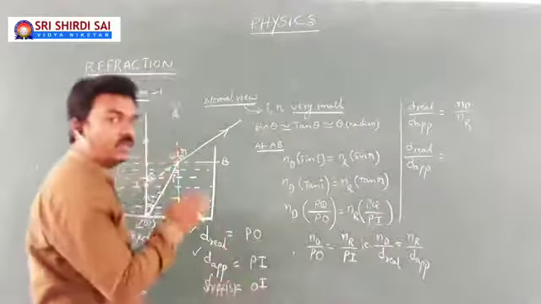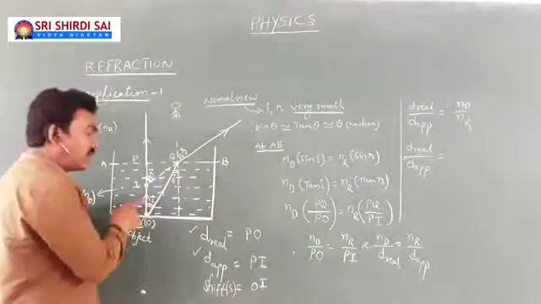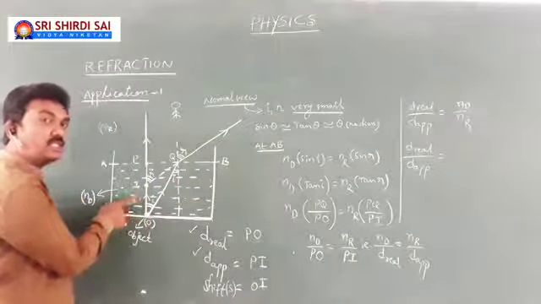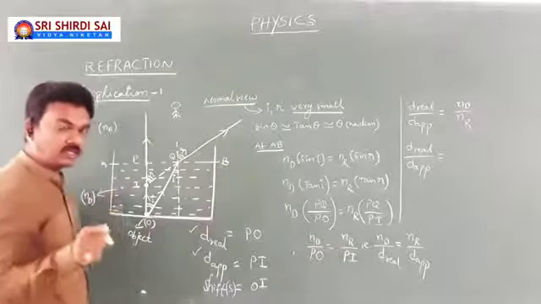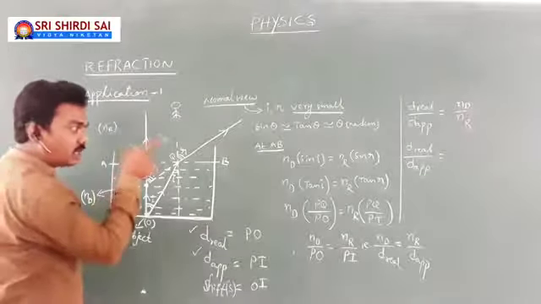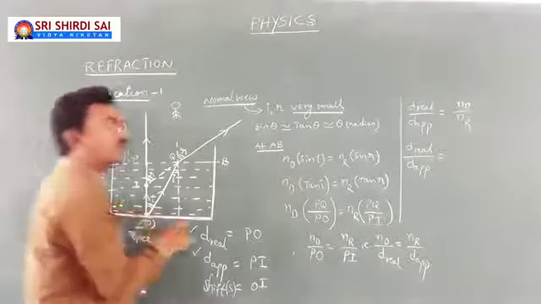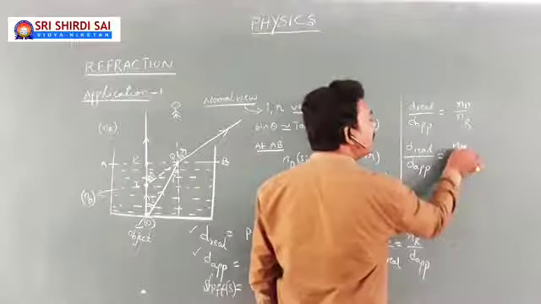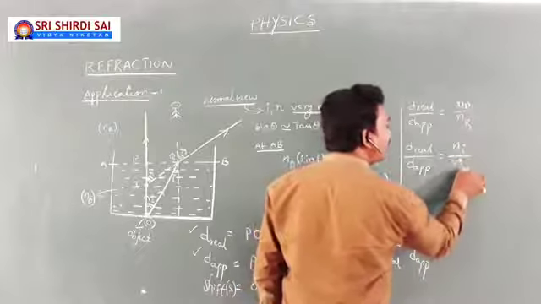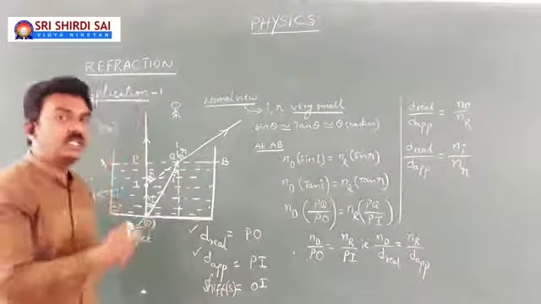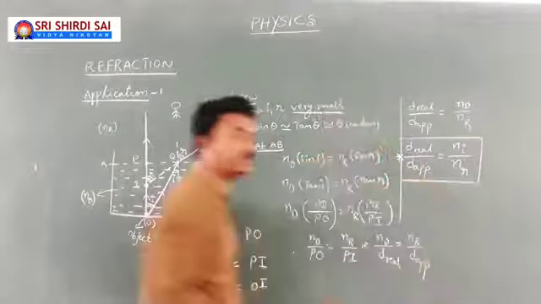to ND. Here is a very important point: all this mathematics is very simple, but there is a logic. ND is the refractive index of the medium in which light incidents. NR is the refractive index of the medium into which light refracts. I repeat, D there represents the refractive index of the medium in which light incidents. So let me write it as Ni, the refractive index of the medium in which light incidents, by the refractive index of the medium into which light refracts. This is the fundamental equation that we need to remember, very important.